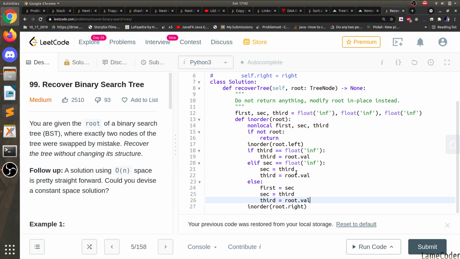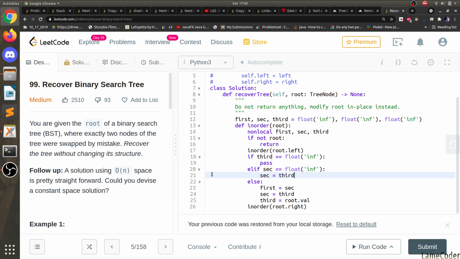Second is equal to third, but before that we need to do second is equal to third. So if this is something like this, then pass, or third is equal to root dot val, first equals second, second and third will become root dot val. It's like this. So yeah, it's done, and we will reach the end. And after this,